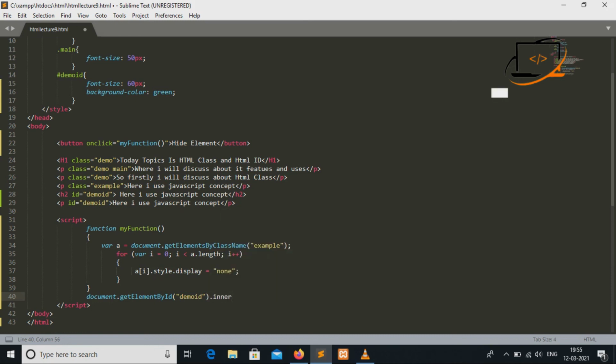If I am giving innerHTML, I am typing something such as: this is an example of JavaScript for ID.